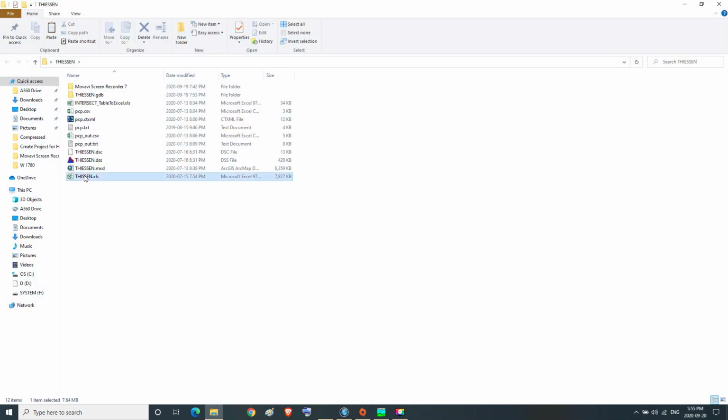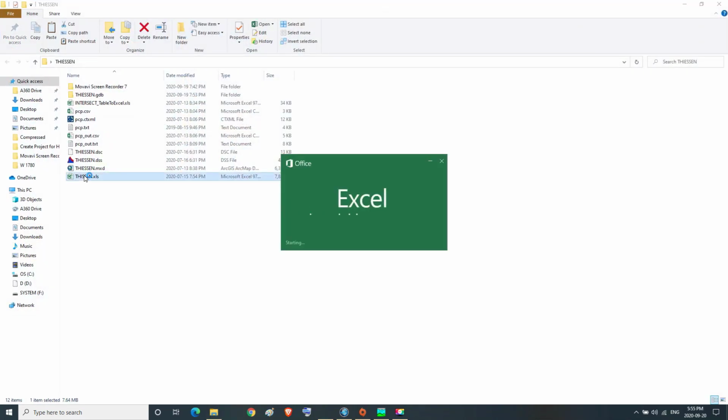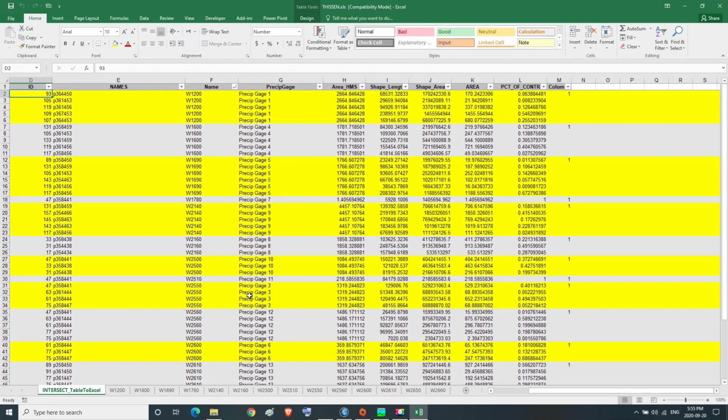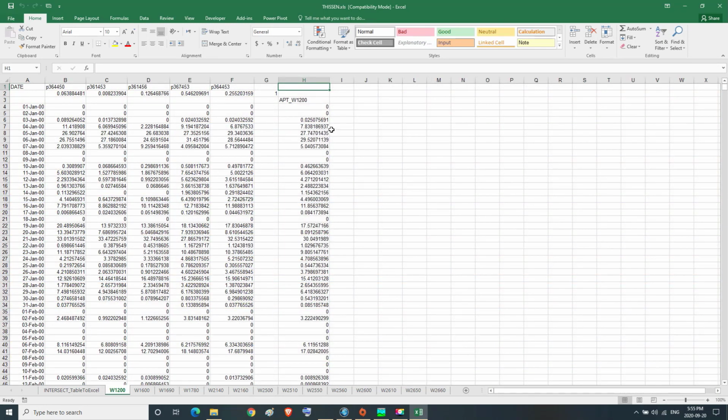Then in the Thiessen.xls, we go to the first subbasin W1020, and in it we have the average precipitation in the subbasin W1020 by Thiessen polygons method.